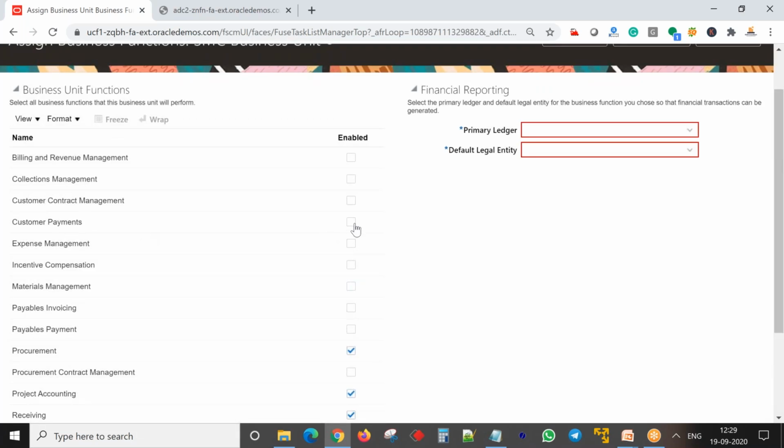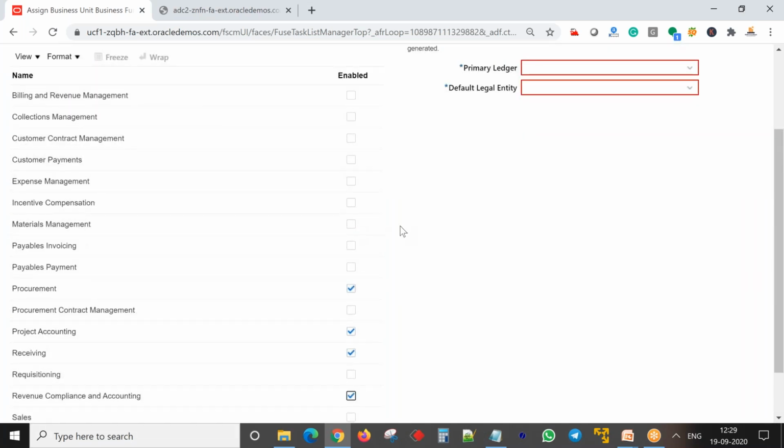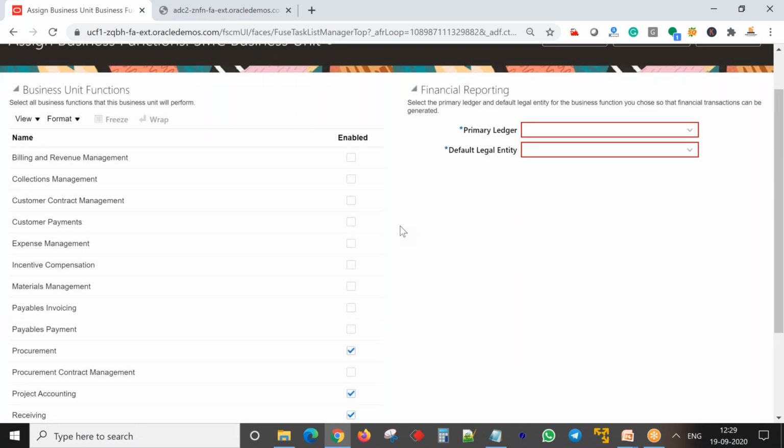Here also the same question. So now in the future, if I want to add one module here, it should allow actually, right? Yeah, this will allow. This will definitely allow, Anup. Yes. Why? Because now we will not be having all the licenses, right? So tomorrow, if we want to add a new module, or if we are purchasing a new license, definitely the system should allow, because the legal entity and the ledger will not be changing anyway, right? Yes, no, this will definitely allow, Anup. This is for sure will allow.